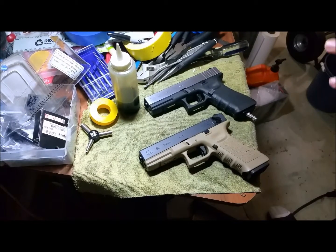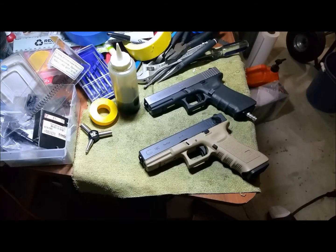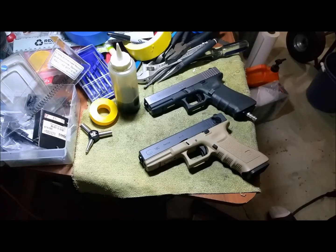The two differences that I could see between the guns is they could both reach 190 feet, but this one felt like it was everywhere at 190 feet versus this one just felt like it was going to reach its target. And I noticed that it leaves a nice little spin and rainbow effect into the target, and you just feel like you have a lot more confidence in connecting with